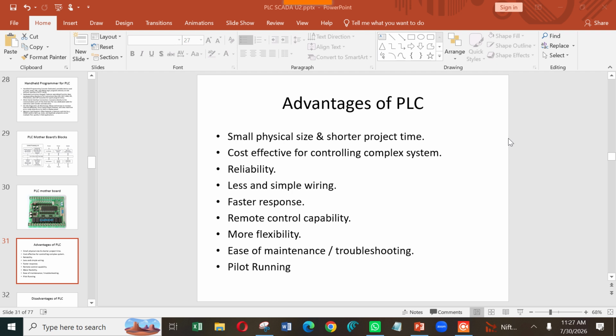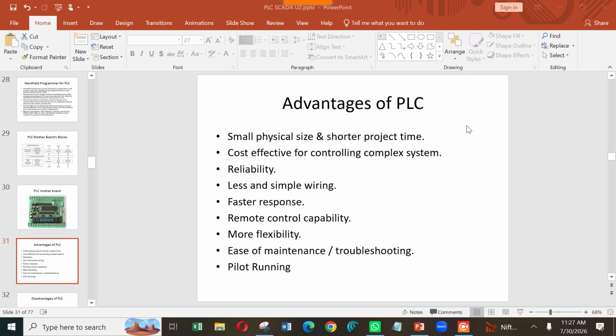Cost effective for controlling complex systems means there is no need for complex wiring. Reliability, less and simple wiring, faster response, remote control capability. That means nowadays we can do internet control and internet monitoring also. More flexibility if you have a modular PLC, ease of maintenance or troubleshooting, pilot running.